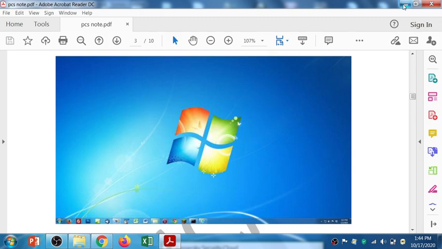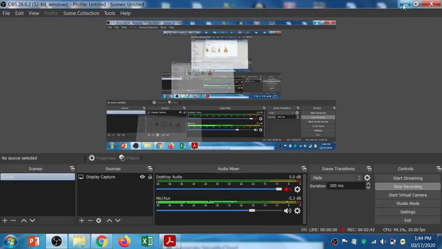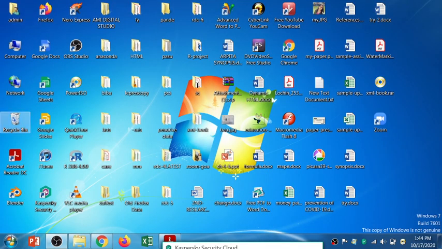I will show you my desktop screen. This is my desktop screen, right? So if I want to quickly open any particular file, folder or application, I will keep it on my desktop screen so that I can quickly access it.